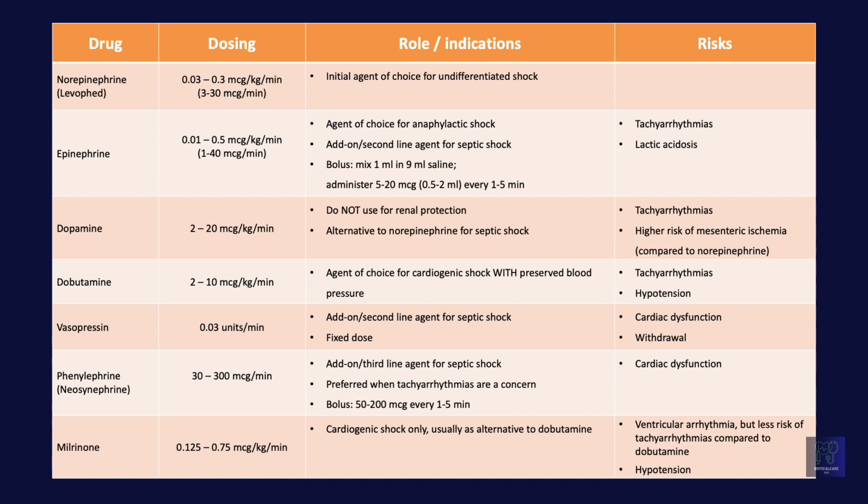Starting with Levophed or norepinephrine, it is probably the most popular and most commonly used agent in ICU. It has an excellent safety profile. It is the agent of choice for septic shock, and it works for pretty much any other form of shock. So if you don't know the type of shock and if you want to use Levophed for support,